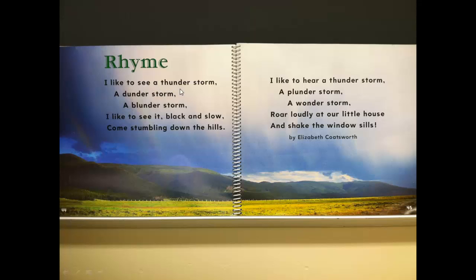I like to see a thunderstorm, a dunderstorm, a blunderstorm. I like to see it black and slow, come stumbling down the hills. I like to hear a thunderstorm, a plunderstorm, a wonderstorm, roar loudly at our little house and shake the windows